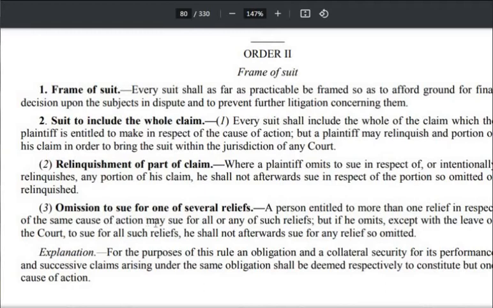Same cause of action may sue for all or any of such reliefs, but if he omits, except with the leave of the court, leave मतलब permission of the court, to sue for all such reliefs, he shall not afterwards sue for any relief so omitted. He shall not afterwards sue for any relief so omitted. तो एक बार जो रिलीफ उसने रिलिंक्विश कर दिया उसको वो दोबारा क्लेम नहीं कर सकता।